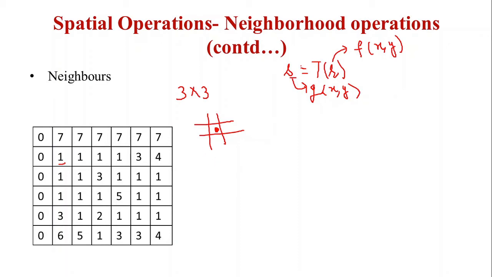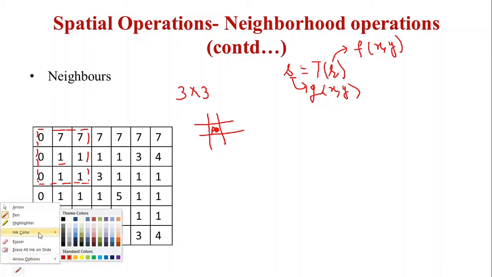So coming to the neighborhood, what we have to do is align the central pixel of this 3 cross 3 grid to the pixel for which we are going to compute the neighbors. So if this pixel is P, just have a look: the neighbors of this will be all the pixels which are now enclosed in the boundary created by me, or you can say this dotted line will form the neighbors.